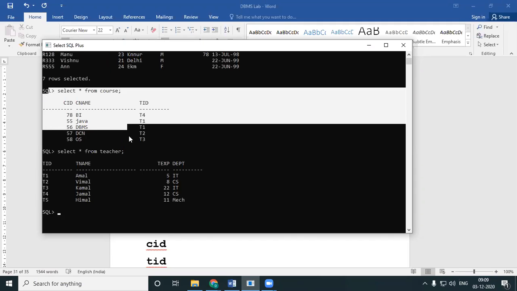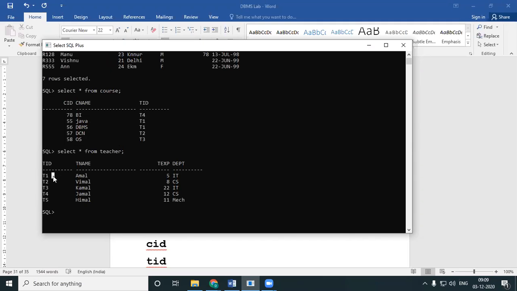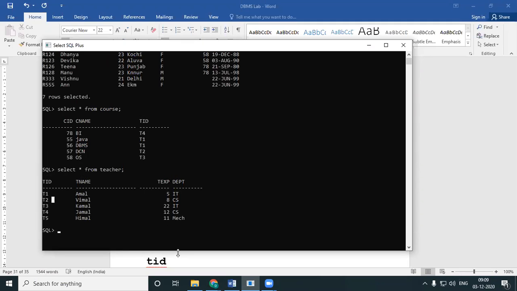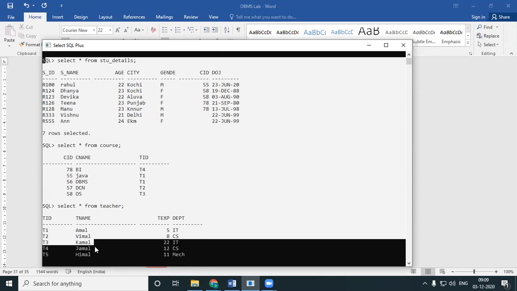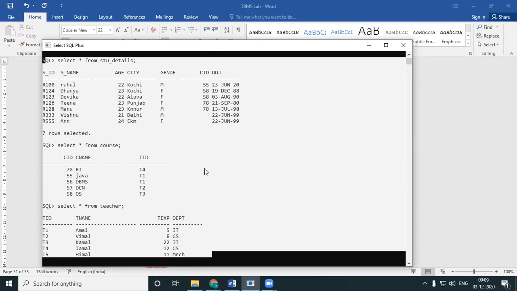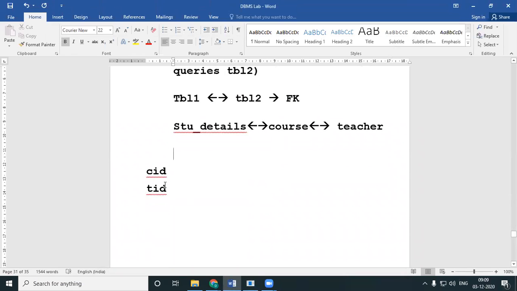I can even have nested subqueries between these two tables because they are connected via the TID. And I can also have subqueries with all these three tables together. Why? Because I do have a connection between the first two tables, CID, CID, and then I do have connections between TID, TID.